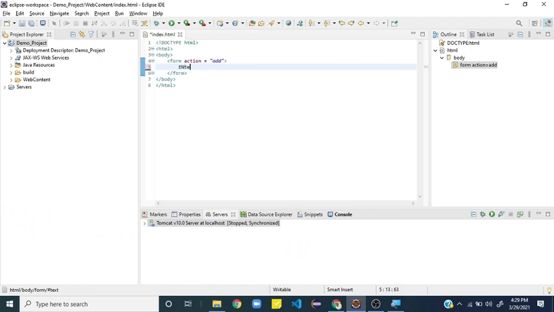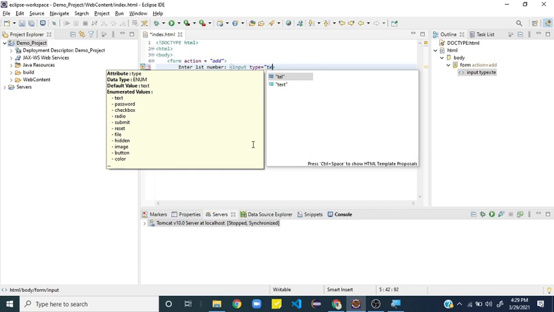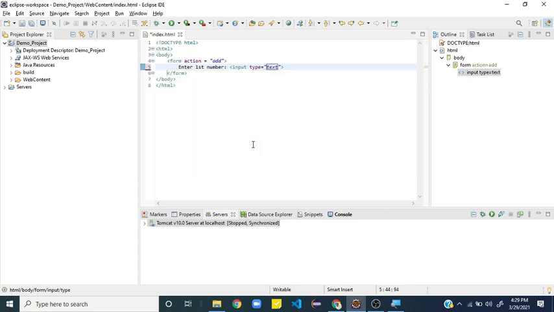Now let me type enter first number, and I have to give an input box, so I type input, and don't forget to give the type and the reference name. It's going to be text, so I give text. Not a class, I'm sorry, it should be a reference name.